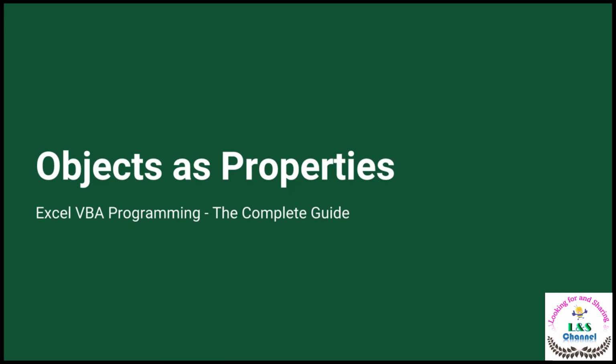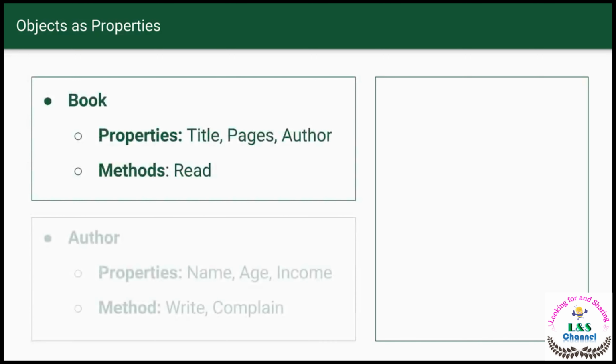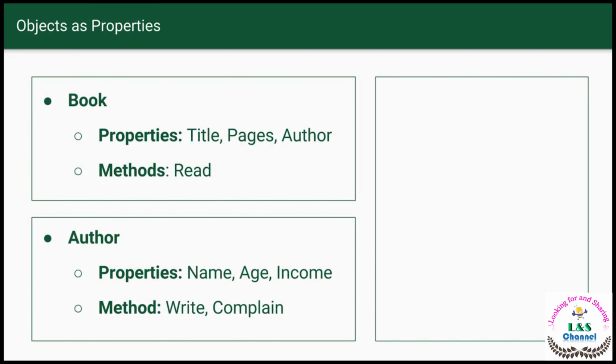In this lesson, I wanted to introduce the idea of objects serving as properties to other objects. This is a pretty complex idea, but once we understand this, it's going to tie together a lot of the concepts that we've explored in previous lessons. So I want you to imagine two objects here. On the left-hand side here, I have a book object and an author object with some pretty familiar properties and